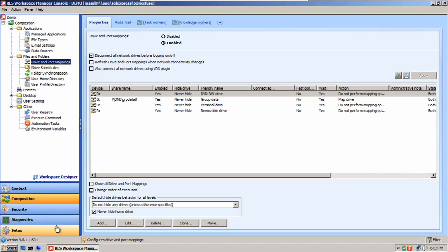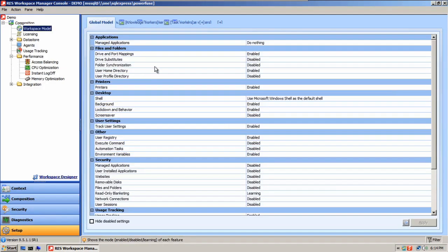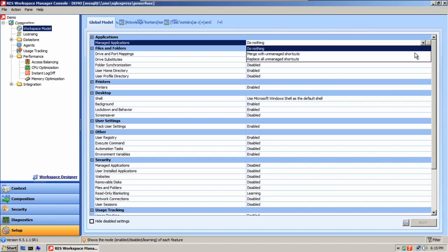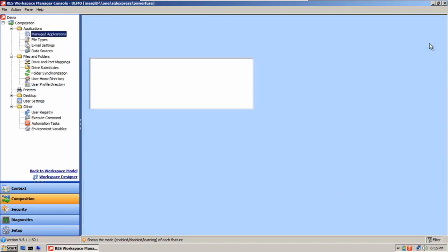Now, let's go ahead and navigate back here to our Workspace model and let's take a look at our managed applications. Now, as mentioned before, under the Workspace model, you have the option to choose the settings that you want to take under Managed Applications. But let's go ahead and click this box here and jump over to the node itself. Now, right now it's set to do nothing for the Windows shell shortcut creation. And by default, it's going to be set to do nothing right out of the box,